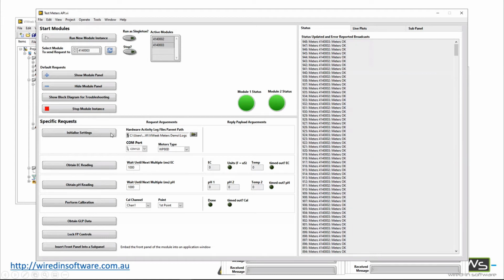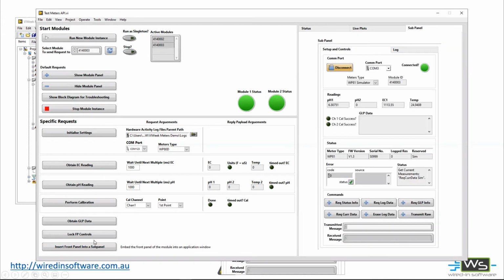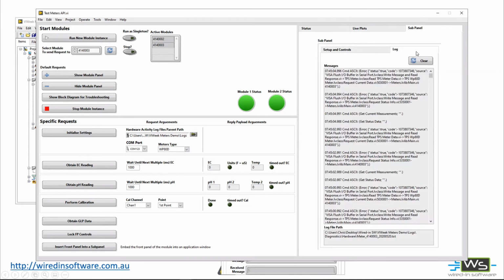And I'm going to try and initialize the settings. Before I do, I'll just load him up in the sub panel here. All right, I'm going to initialize the settings. All right, so I've initialized him. I'm now getting errors from the device,